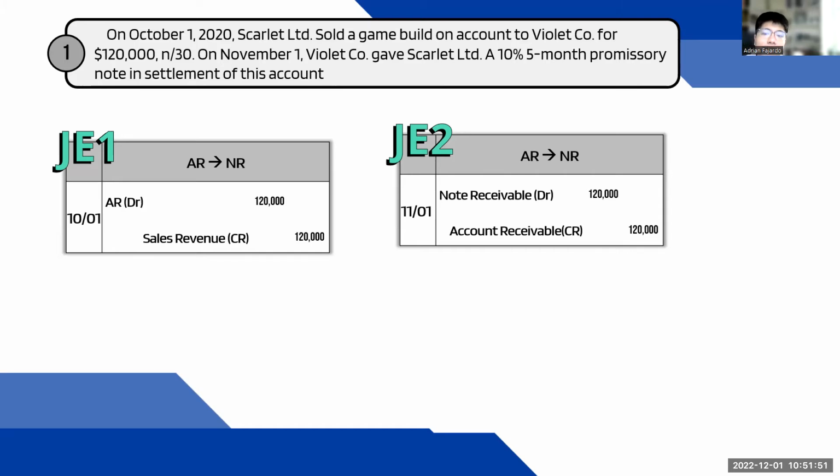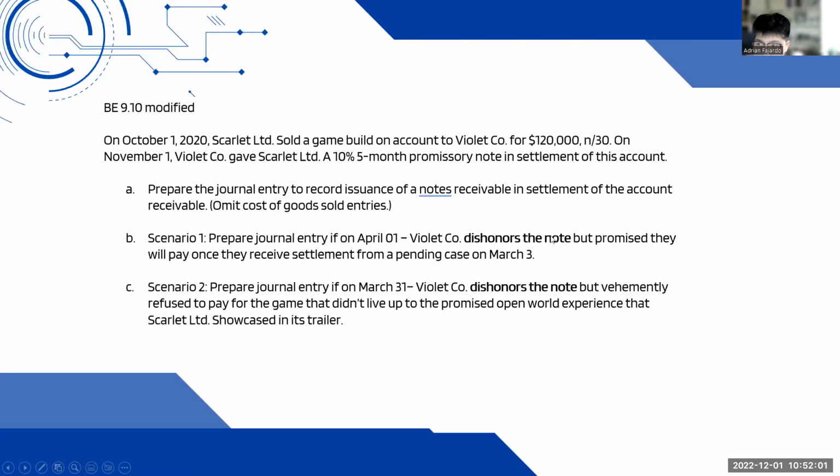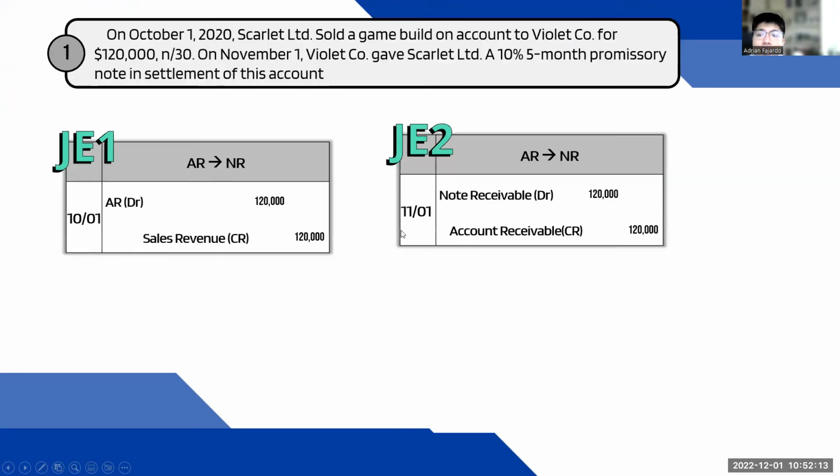Now, for this particular scenario, there's also going to be a hidden thing. Because usually, after this statement, going back to the required, they're going to ask you in scenario 1, if it was dishonored but there's an expected collection, and in scenario 2, it was dishonored and there's no expected collection. But I want to stress that every time you see a notes receivable, always think, did we hit the end